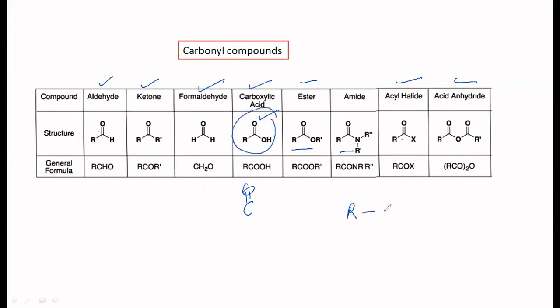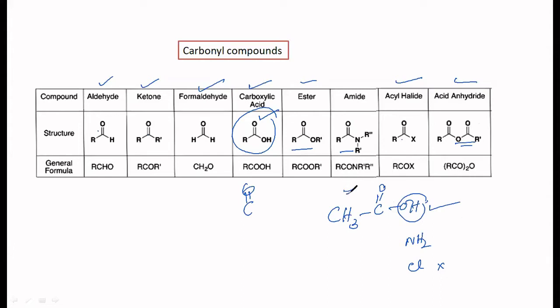Why is it like that? Say, for example, you have got acetic acid, CH3, C double bond O, OH. If you substitute this OH with NH2, you will get an amide. With Cl or other halogens, you will get acid halides, and with an acyl group, OCOR group, if you do that, then you are going to get an anhydride. So all these are considered as derivatives of carboxylic acids.